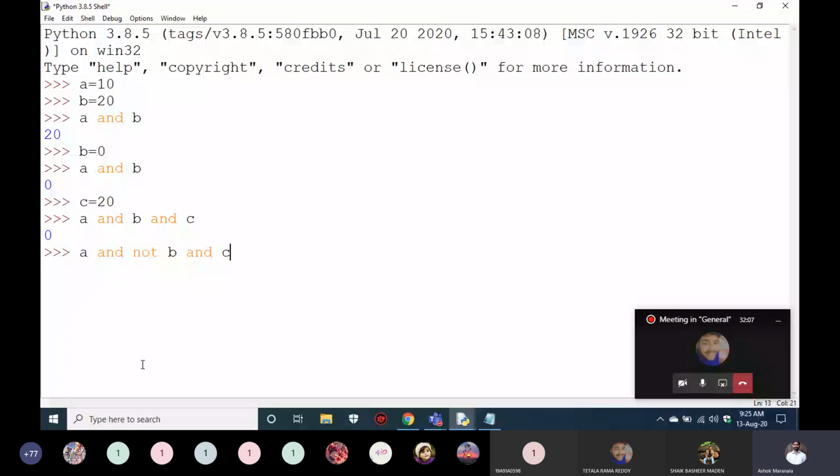What operator will work first? Yes, not. 20, sir. So what will you get? 20. Yes, you will get 20 because of what I have done here.